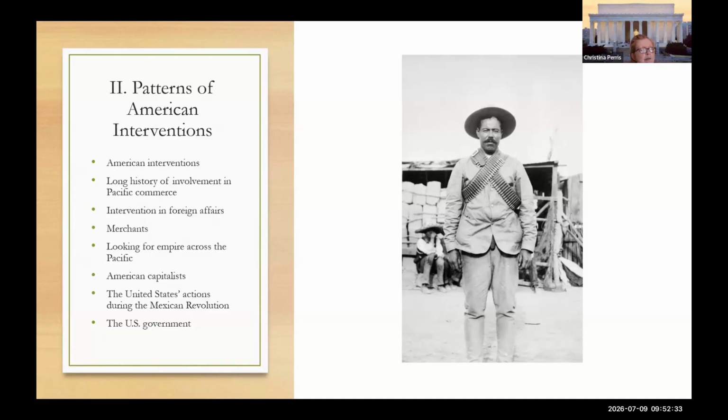So American interventions in Mexico, China, and the Middle East reflected the United States' new eagerness to intervene ultimately in foreign governments to protect American economic interests abroad. Now, the United States had long been involved in Pacific commerce. American ships had been traveling to China, for instance, since 1784. As a percentage of the total American foreign trade, Asian trade remained comparatively small. And yet, the idea that Asian markets were vital to American commerce affected American policy, and when those markets were